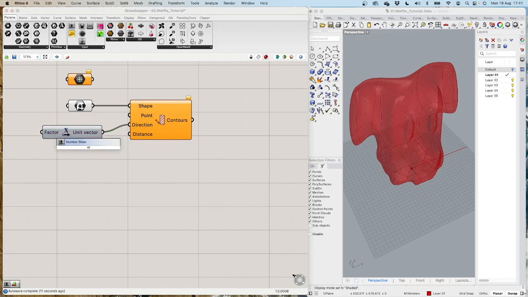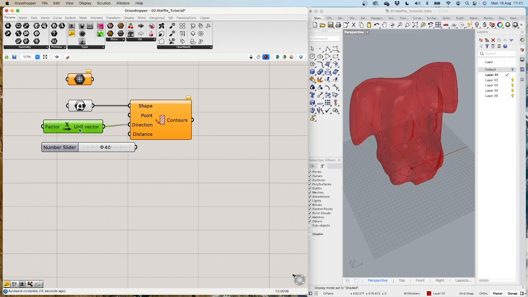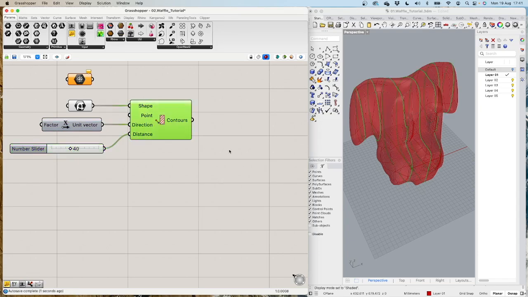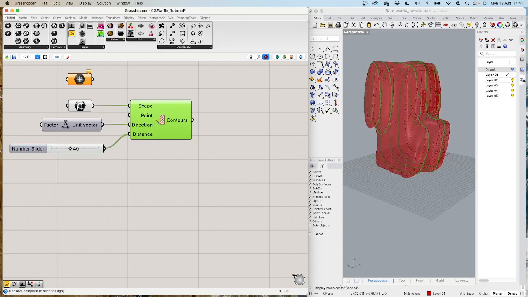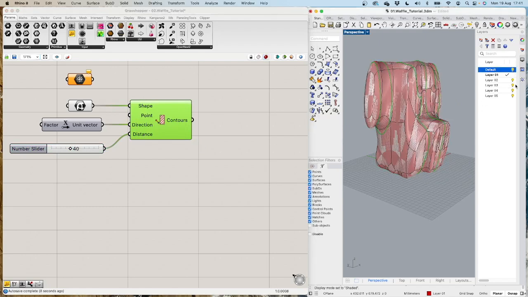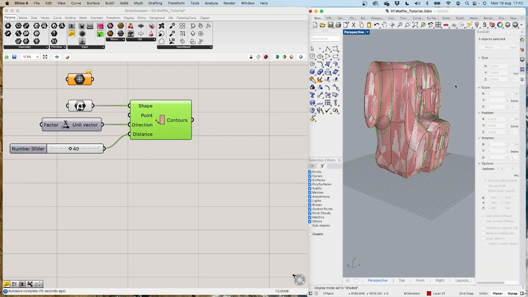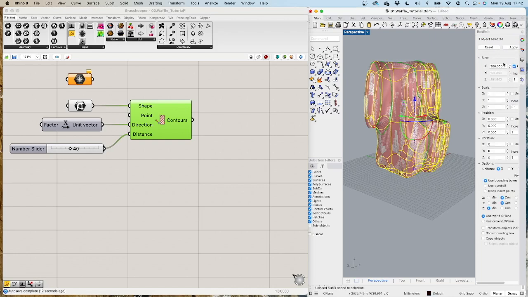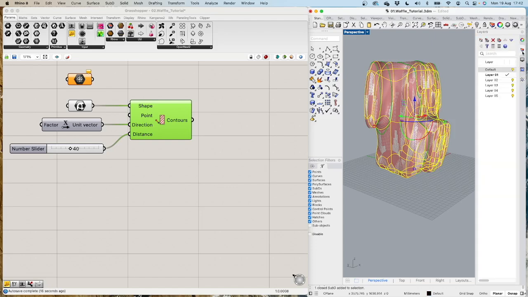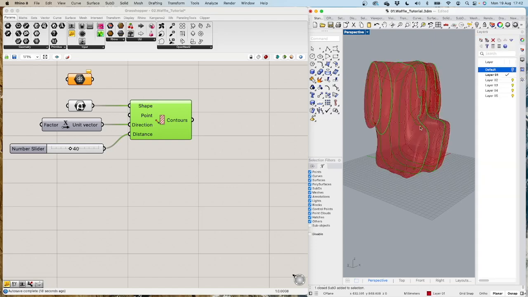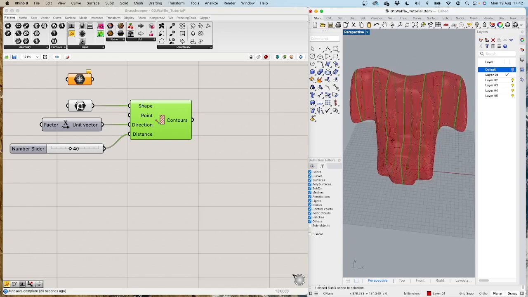Let's do 40, which is equal to 40 millimeter. So our node turns green. The starting object here is around 300 millimeter high. So here you see the slices,